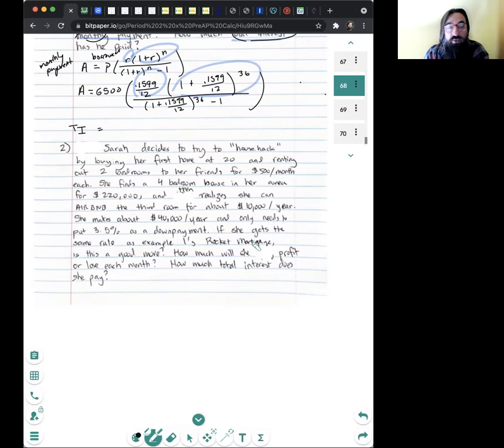How much will she profit or lose each month? How much total interest does she pay over the life of the loan? So all of the loan details are the same, except for the down payment, right? So obviously, first thing is to highlight important information. So